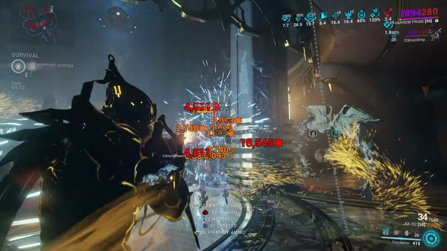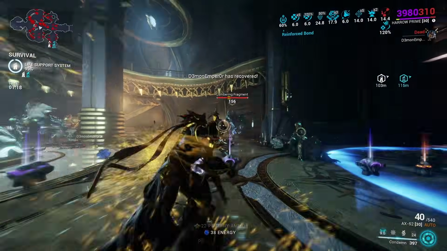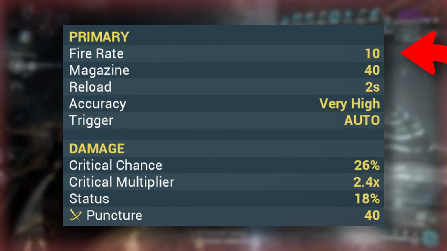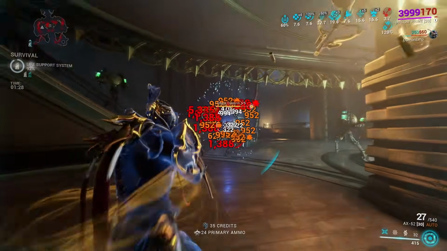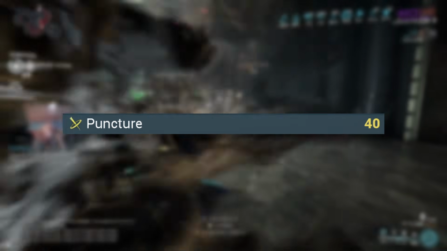When we're looking at the stats, we have a healthy crit chance of 26% with a 2.4x multiplier, that is slightly above average, so all in all, pretty good crit stats. However, the status chance of 18%, while not being terrible, at a fire rate of just 10 rounds per second, is on the lower side of the spectrum, and the AX52 is definitely not meant to be a big status spreader. In terms of damage, it does purely puncture, 40 of that,